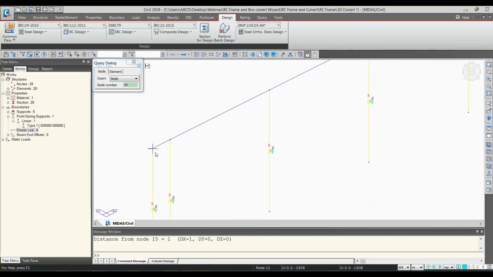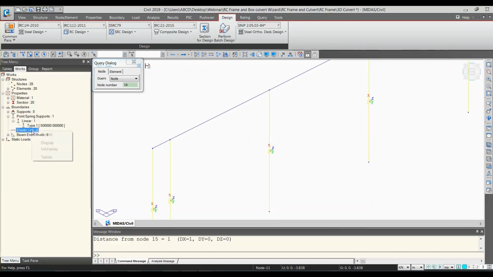So for this element it would be only width into this area, which is nothing but 0.175 by 2. For this elastic link, the stiffness would be half of 0.175 plus half of this length, which is 1 meter. So 0.5 plus 0.175, 1.275 something. It would be the total length.